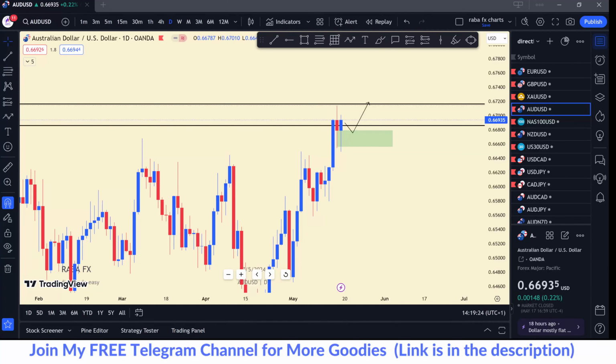More profitable trades. I don't know your stance in trading, if you are profitable or if you are struggling. Let me know in the chat. That is step one. Let me know in the chat if you are a profitable trader or you are struggling with one thing or the other. Let me know what that is. And as time goes on, I'm going to talk about it. But for now, you can use this weekly analysis that I'm doing right away to make plans for your trading next week. Okay? And I can assure you there will be a difference in your trading.